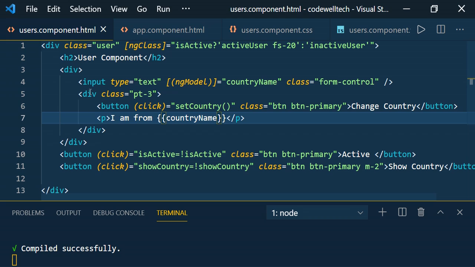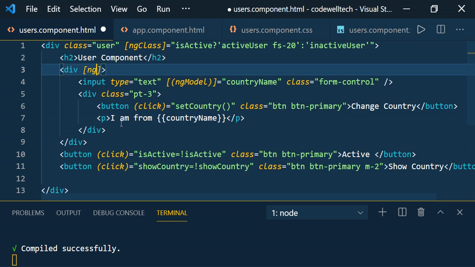Here I am going to add the border for this country section. So ngStyle, and this follows the camel case, that's why S is a capital letter here. And here I'm going to add the border. So how to add it? When you are going to add the border, we need to use syntax like this, in double quotes border. Here the border is the property, 1 pixel, solid. Let me use CCC.